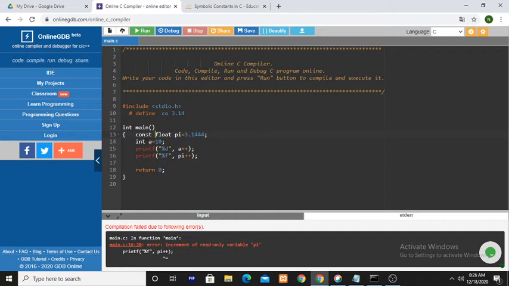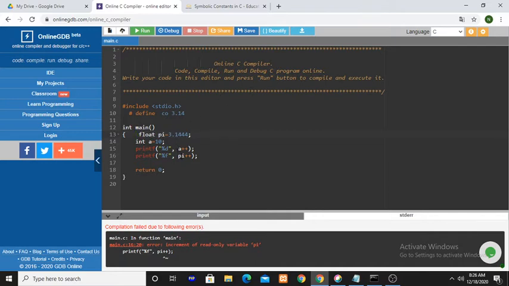So if you write the const keyword before the data type declaration, then automatically that variable is termed as a constant. It is not a variable. Here now pi is the constant. We cannot change the value of pi. If there is no const keyword here, it is a variable of the floating point type. You can change the value of pi. But if you write the keyword const here, you cannot change it. That you can observe here.